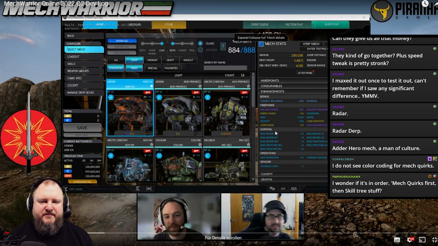Okay, so now we can see some grouping. Now we can see grouping by firepower, survival, operations, and sensors. So this is now grouped by skills. I think this display makes sense. I would still like to have the quirks separate. I think the quirks should just be separate. I mean, this is just me personally, but